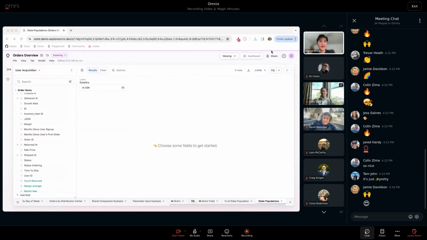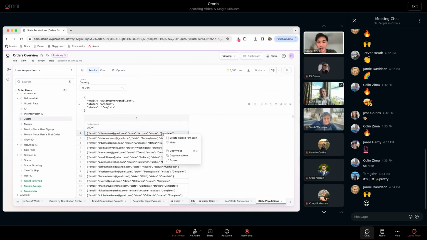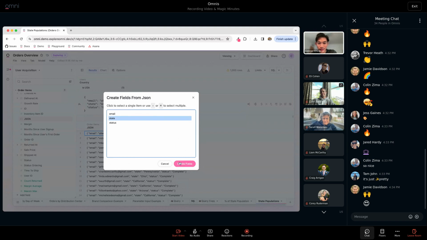So I was playing around with a bunch of little demos for our Snowflake booth, and I wanted to try to stitch together some of our flashiest features. So I was trying to come up with a flow for JSON extract, Calcs AI, and XLOOKUP. So I started from our order items table, grabbed the JSON, obviously extracted it,